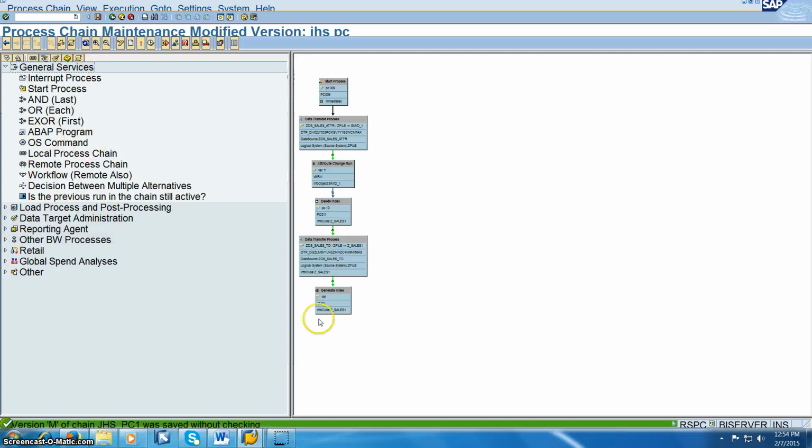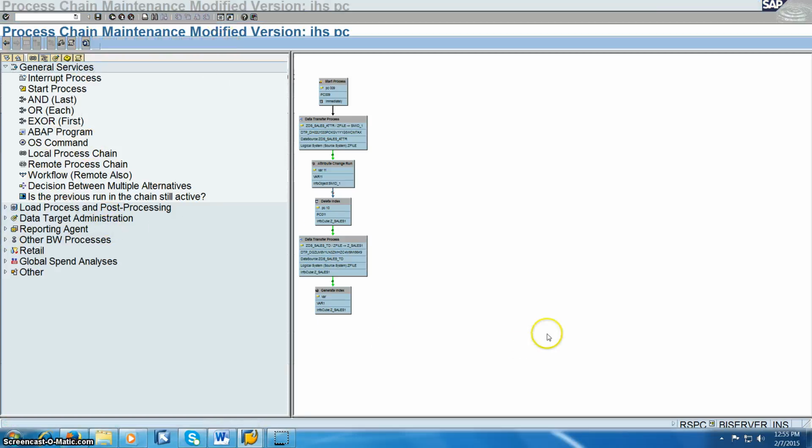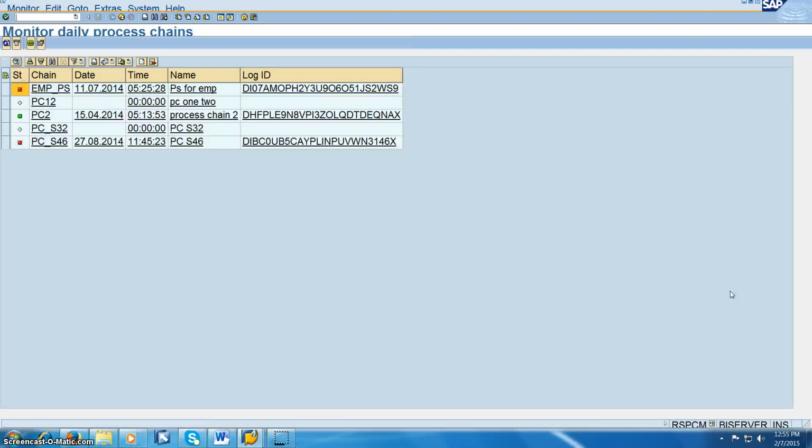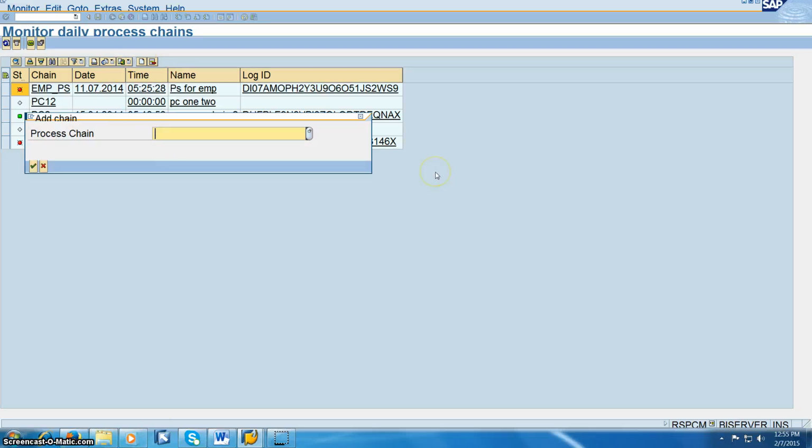And once it has been done and saved successfully, what we are going to do is monitor this in the RSPCM transaction. In the RSPCM transaction code, it has failed because of some reason. When it was executed, 11/7. Okay, so our particular process isn't there here. So what we are going to do is introduce it here. We have to click on this create add chain, and in this, you can add only those process chains which we have in